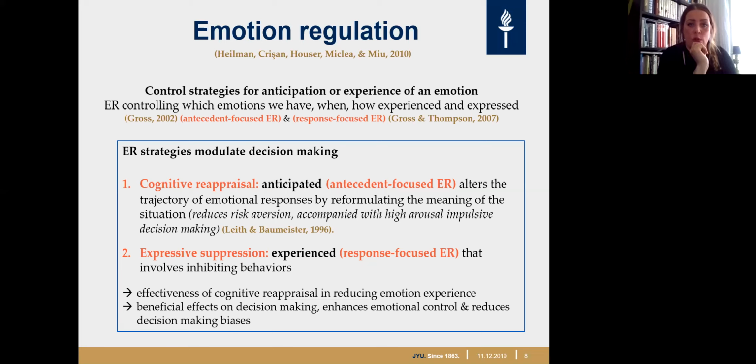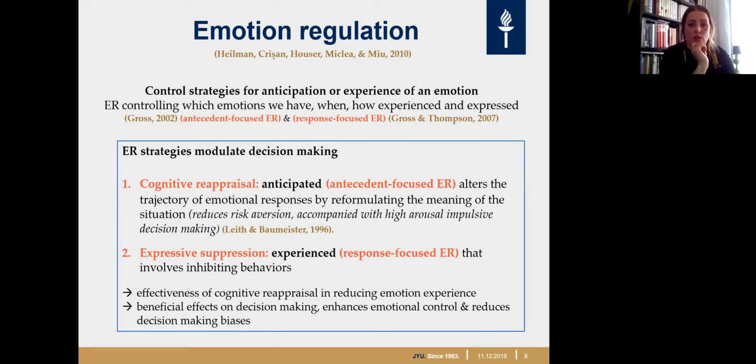It focuses on controlling what emotions we have when, how these are experienced, and how these are expressed. And these are divided into antecedent-focused emotion regulation and response-focused emotion regulation. So before and during. And the two most common strategies: cognitive reappraisal, which is antecedent-focused, before the actual event,